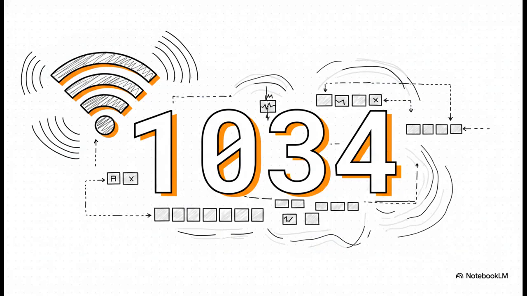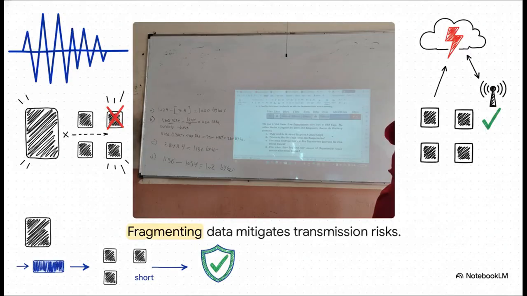And efficiency is absolutely key here, especially when we're dealing with data sizes. Consider the number 1034. If you have a data frame of 1034 bytes, sending that entire massive chunk all at once in a noisy wireless environment is pretty risky. The longer the frame, the higher the probability that some random interference will corrupt a bit, completely ruining the whole package. So, the 802.11 protocol solves this risk through fragmentation. Rather than sending a massive 1034-byte payload, the station mathematically chops it up. Subtracting the 34 bytes of overhead leaves 1,000 bytes of raw data, which is then cleanly fragmented into 4 250-byte payloads.